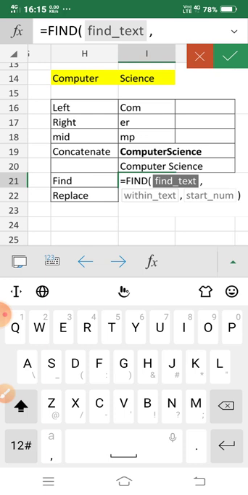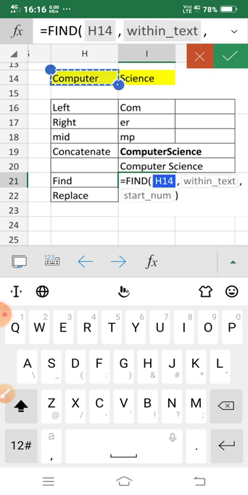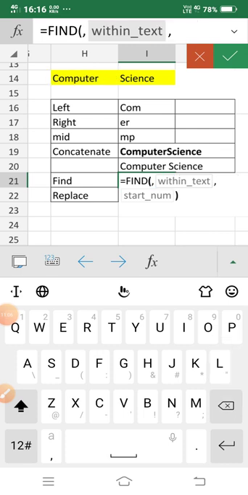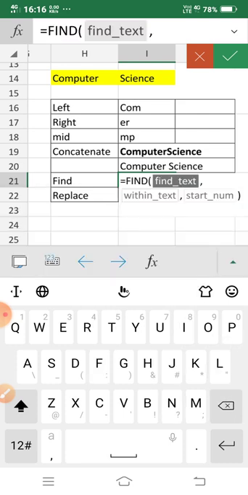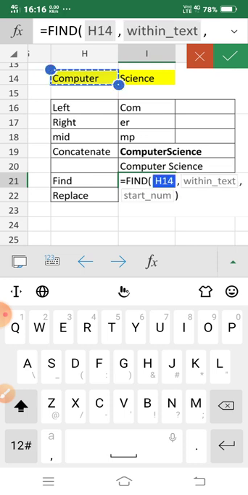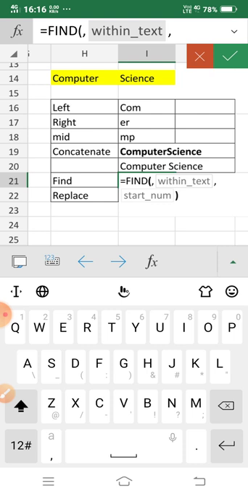Okay, so which text you want, you have to give the find text, within text. So first you can give here find text, which text you want. From computer science, for example, I want P. Okay, so P, for writing P, you have to give here